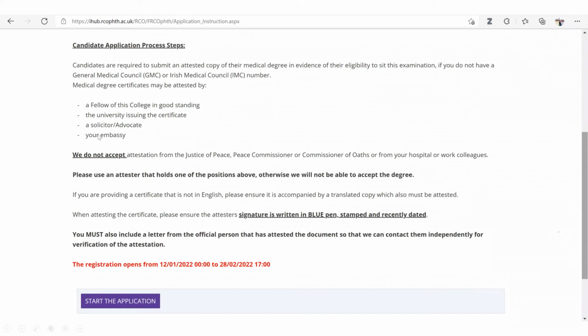Or if this is not applicable, sometimes some universities refuse to issue such a certificate. So you go to a solicitor or an advocate, a lawyer. He will also be acceptable; he will verify the certificate for you. Or if you are living abroad, not living in your country, then you can verify it